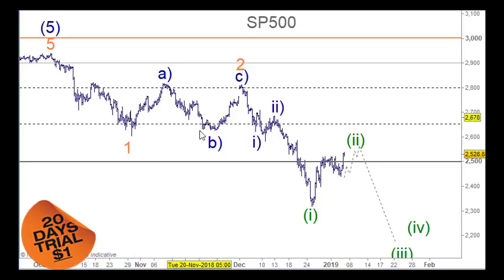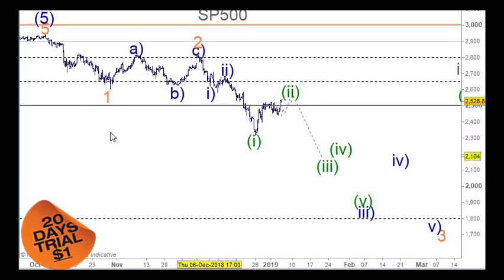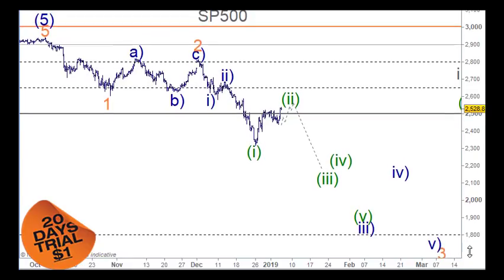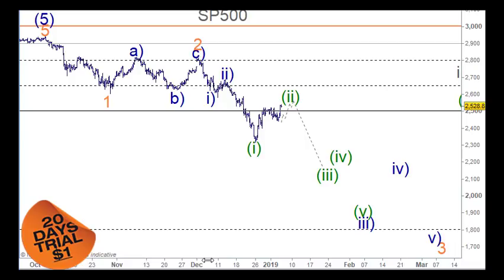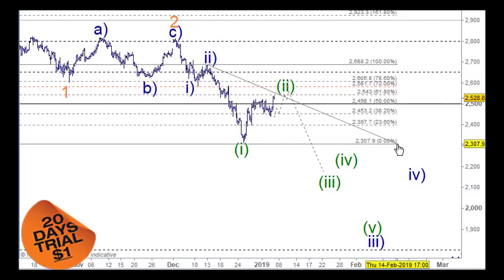5 waves down for wave 1, an A and a B and a C here for wave 2, and then the bigger bear market would look like this here. So from wave 1 to 2 here, then we'll look all the way down for wave 3. Now look, this may not be the case, and you can throw tomatoes at me and that's fine, but I just find that I have to look at all the counts, and then we can pull them apart and so on. So in this scenario here, we can look at this as wave 1 and wave 2, and then wave 1 and back for wave 2, which would also be from this high here,